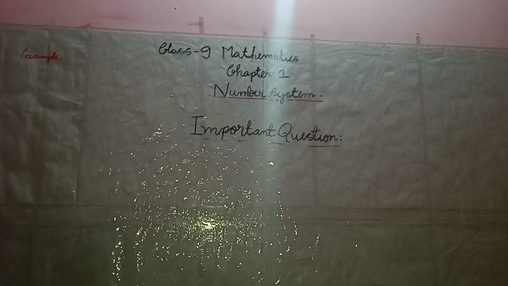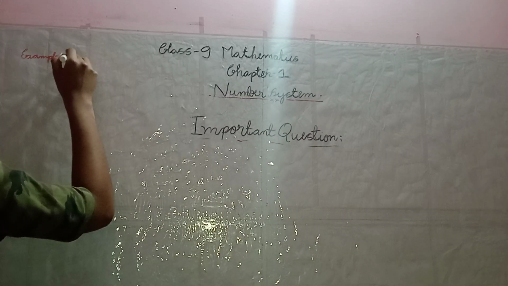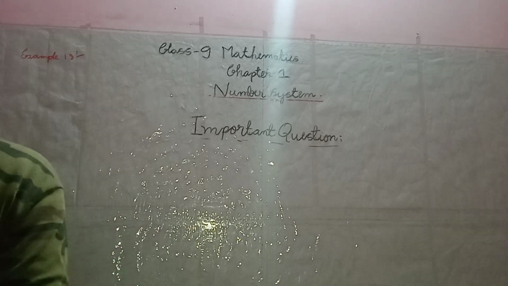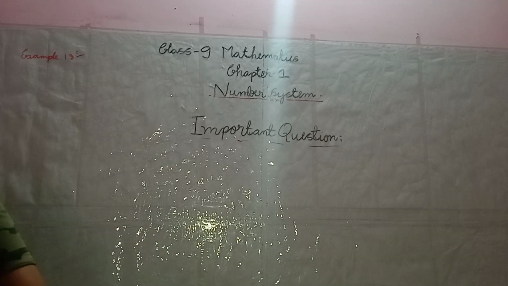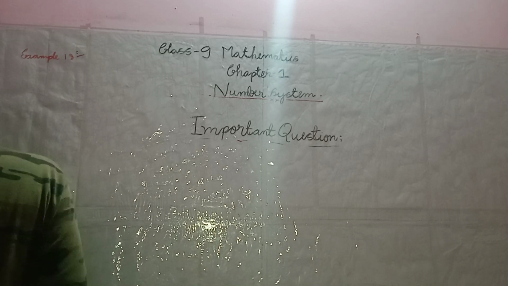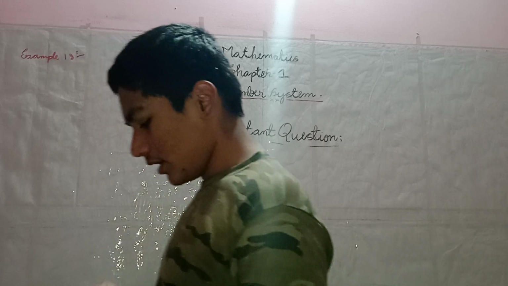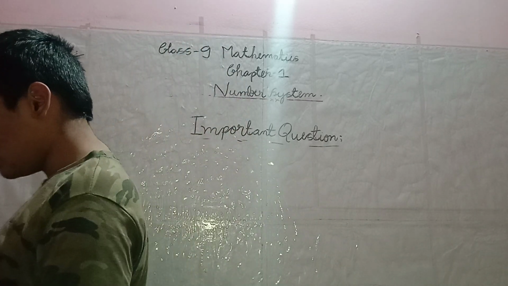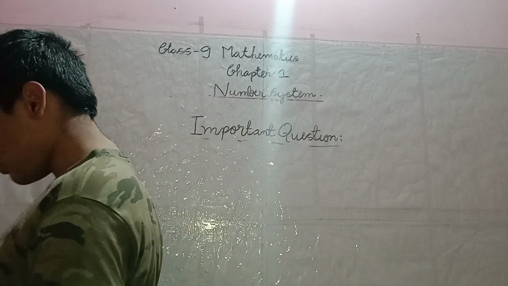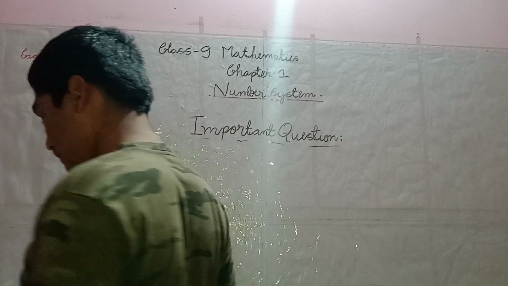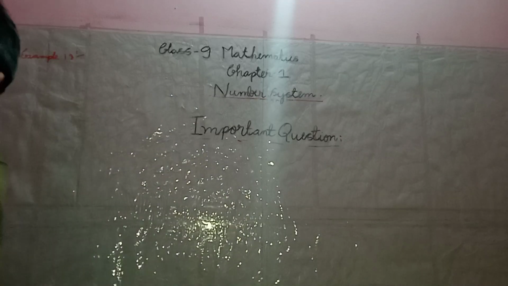The next important question is example 18, which is also of the same type, rationalizing the denominator. In that question, 2 plus root 3's conjugate is 2 minus root 3. Next is exercise 1.5. In exercise 1.5, all the questions are important, but the most important is representing root 9.3 on the number line. After completing that, let us move on to the next question.